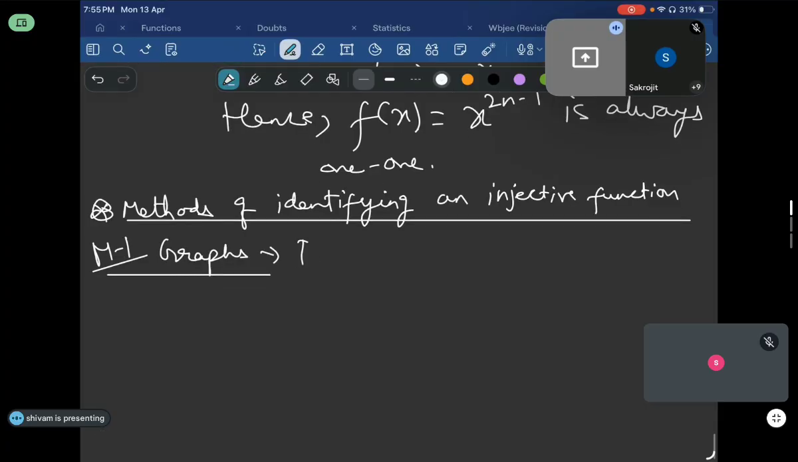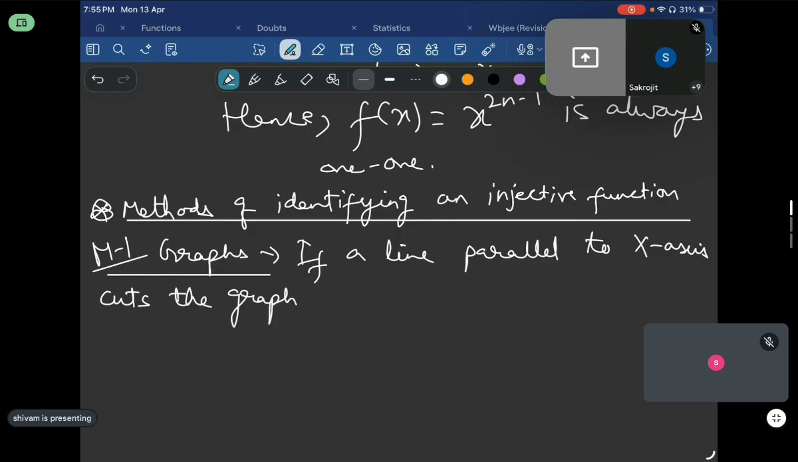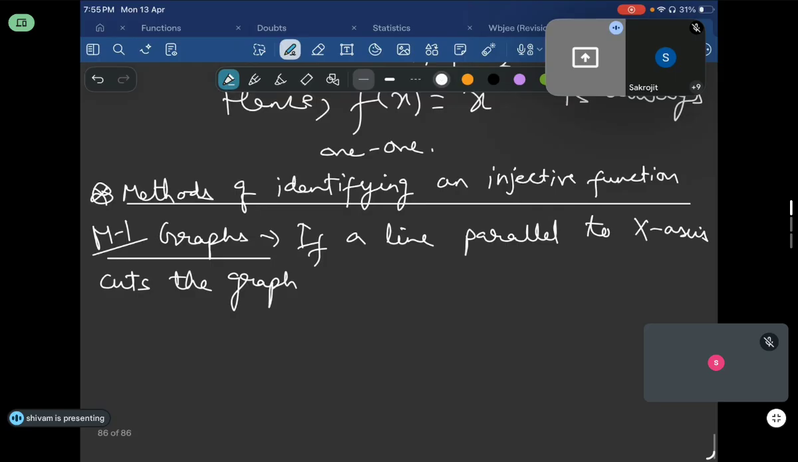So everyone, if a line parallel to the x-axis cuts the graph of the function in at least two distinct points,